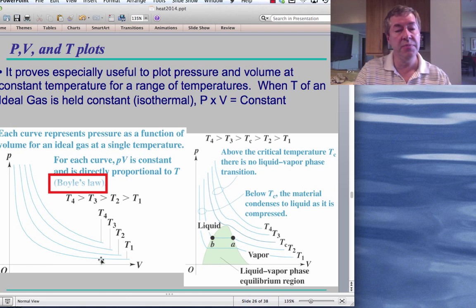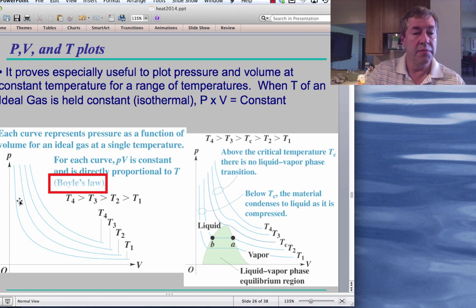Or if I flip this around, V being proportional to 1 over P. PV equals a constant. However, what if I keep dropping the temperature more? We might start deviating from this ideal gas law. So here's an example on the right where that happens. At some point, the pressure isn't changing as much as the volume changes. You notice that kink in the curve, and it gets more kinked, and finally you realize, my gosh, I don't